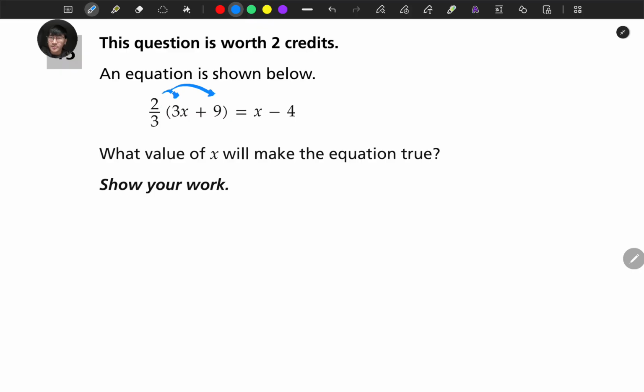So here you're gonna distribute 2/3 to every term inside the parentheses. So it's gonna be 2/3 times 3x. So 3 on the top, 3 on the bottom, they cancel out. So it's just gonna be 2x. And then you also have to do the 2/3 times 9. There's a 3 on the bottom, 9 on the top. So 3 goes into 9 3 times. So 2 times 3 is 6, and there's a plus there, so it's 2x plus 6 is equal to x